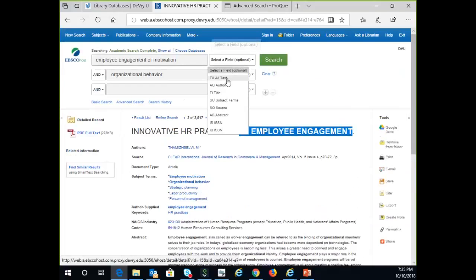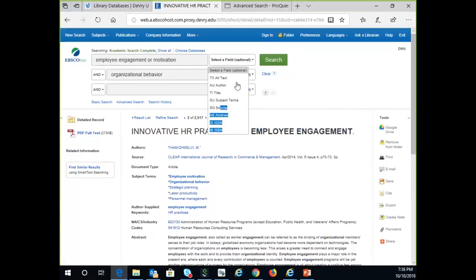This is something I don't always point out, but these are those fields that I was talking about. Fields, endless fields. Because you can find the words that you're looking for in a text. If you were looking for a particular author, you could put in the author's name, title of an article, all these different ways of narrowing things down. They don't use that kind of stuff very often. Keyword searching really does most of the heavy lifting, but it's nice to know that you have those other options